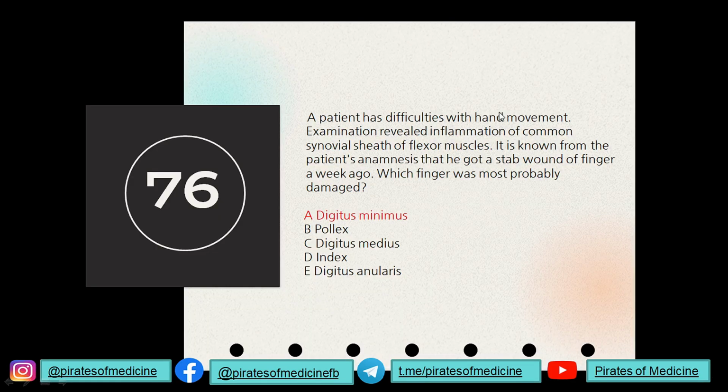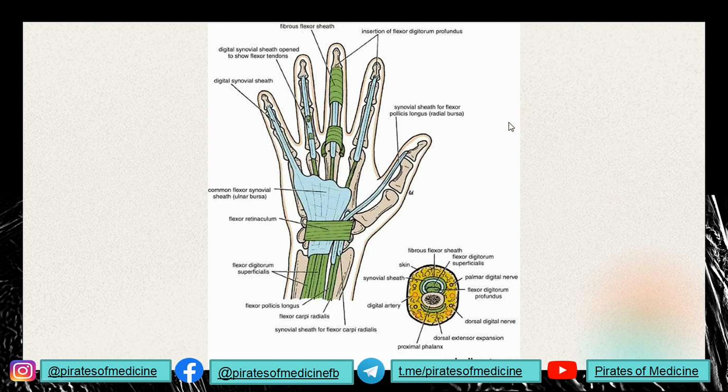Question 76: a patient has difficulties with hand movement. Examination revealed inflammation of the common synovial sheath of the flexor muscles. It is known from the patient's anamnesis that he got a stab wound of the finger a week ago. What finger was most probably damaged? To understand this, we need to see the distribution of the synovial sheath of the muscles in the hand. So if you look at this, you will see that the common